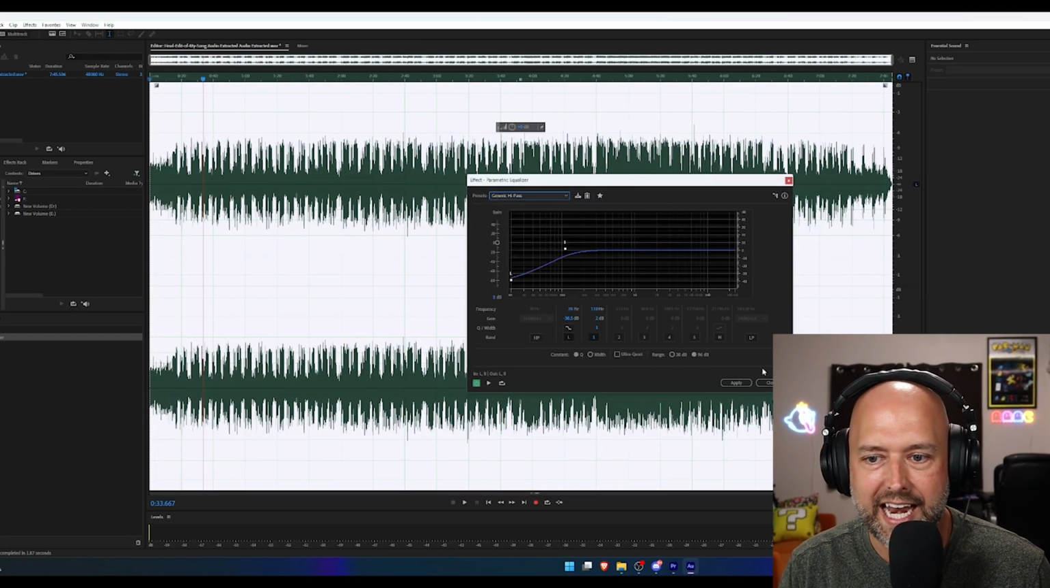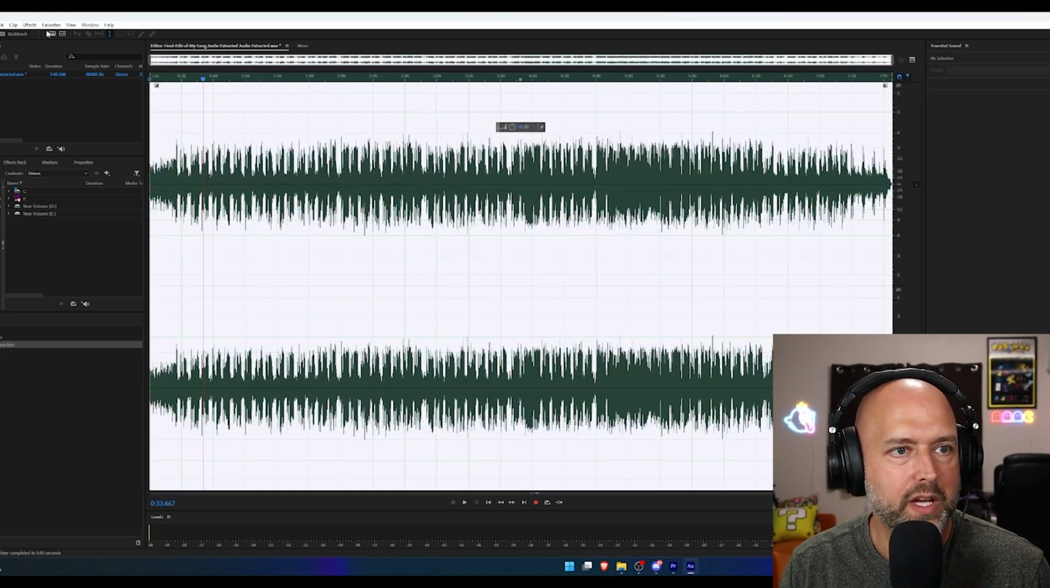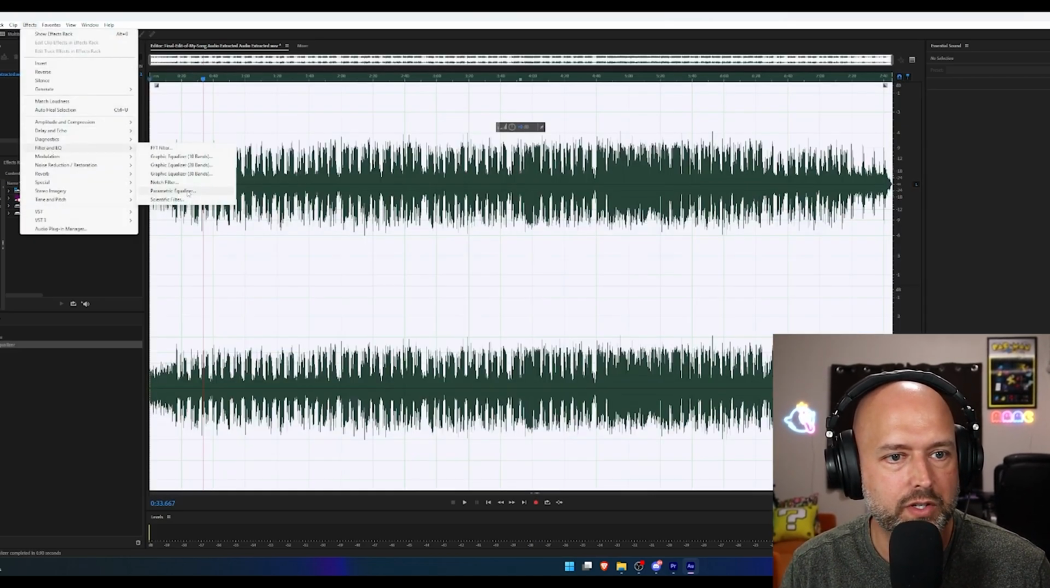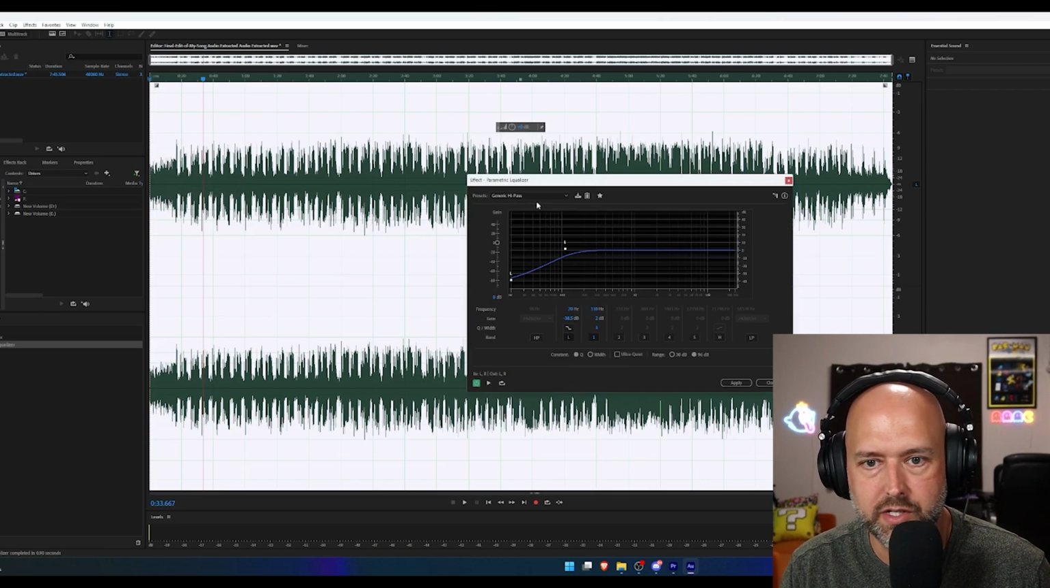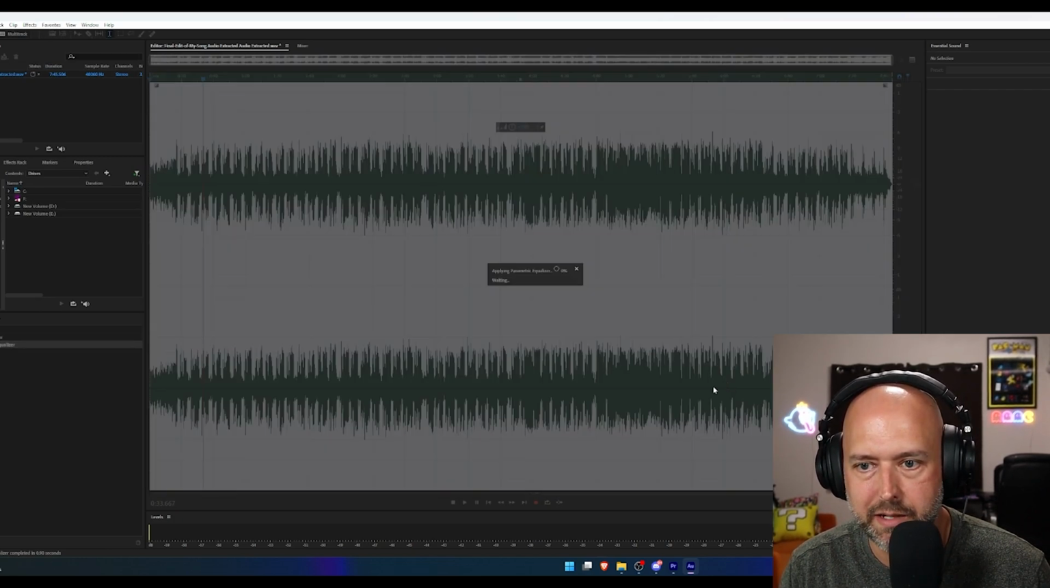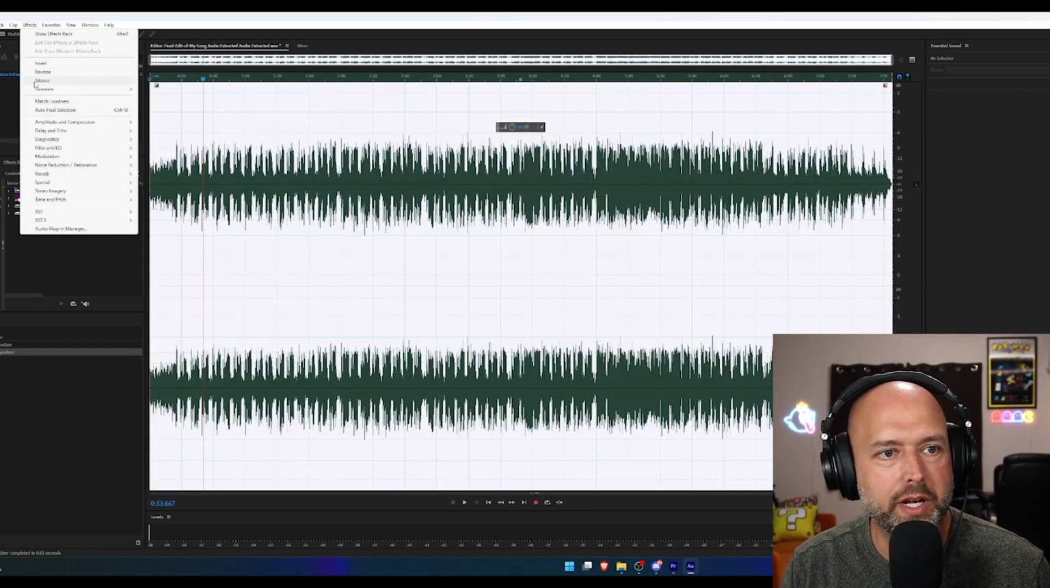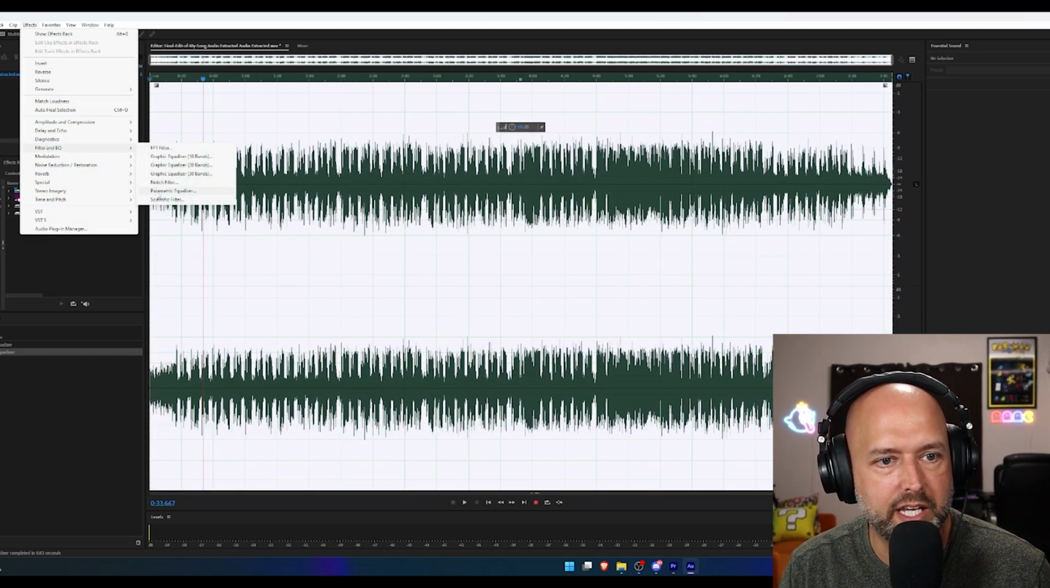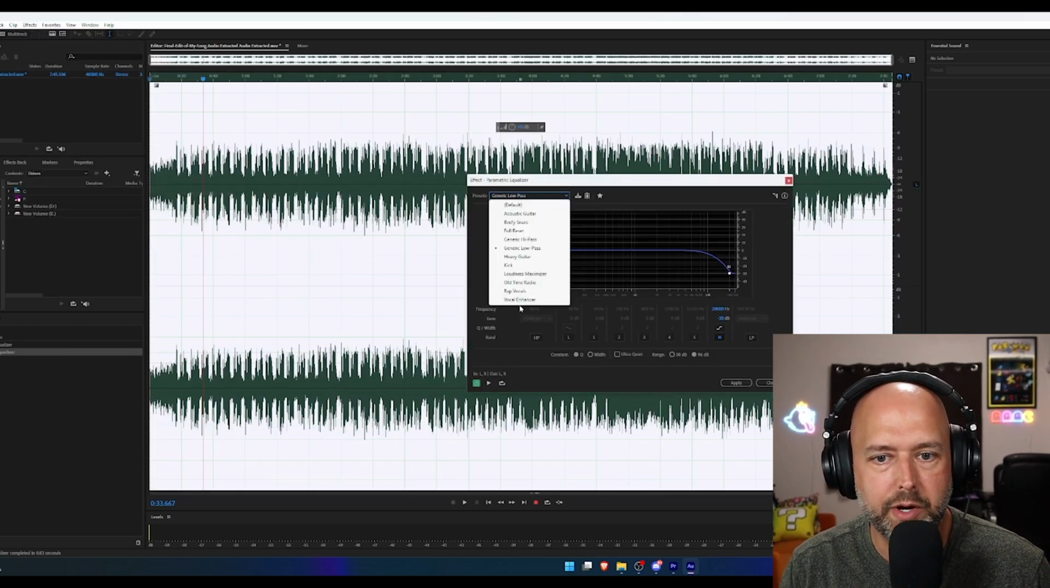So we're going to add a high pass, hit apply. Then we're going to go back to effects, filter and EQ, parametric filter. Now we want a low pass, hit apply. And then we're going to go up here and go one more time to filter and EQ, parametric equalizer. And we're going to want to choose